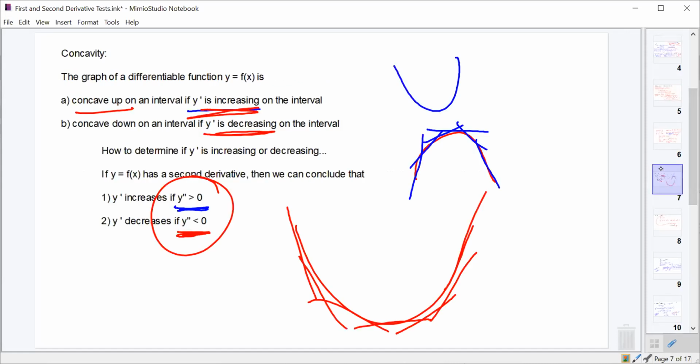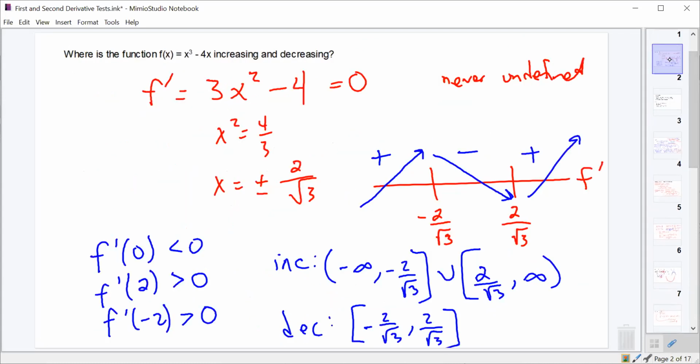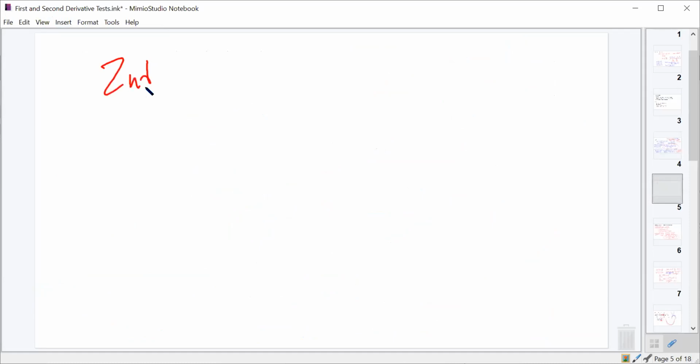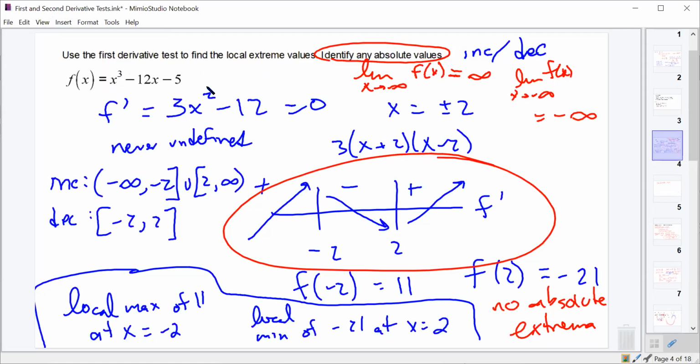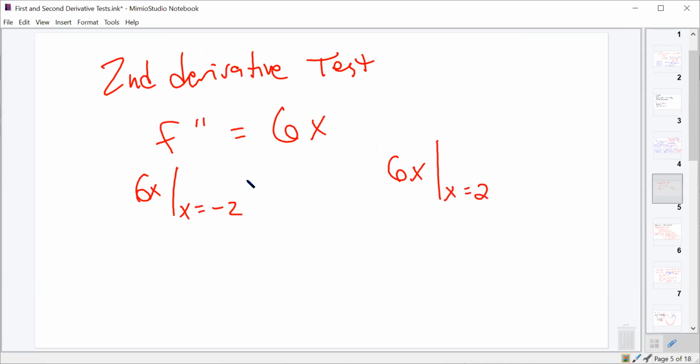Let's go back to one that we've already looked at, the first one we did. We did x cubed minus 12x minus 5, and we said that the derivative was 0 at -2 and 2. Well, we could have also used the second derivative test. Our first derivative was 3x squared minus 12. What's our second derivative? 6x. So if we evaluate 6x at x equals -2, and at x equals +2, we should get